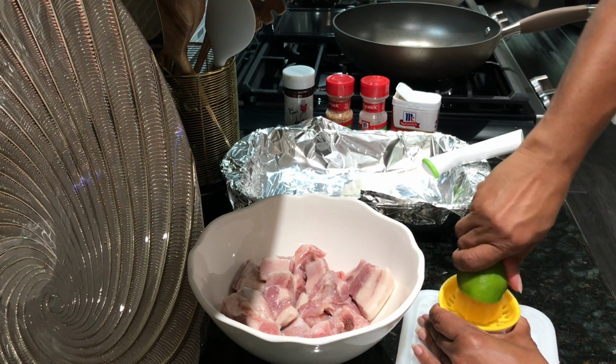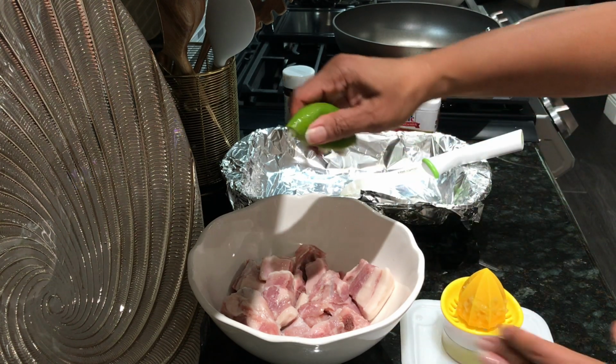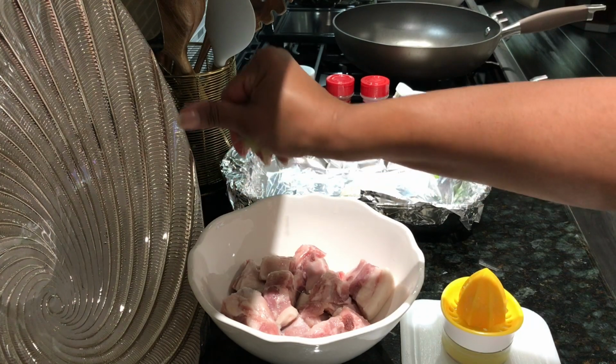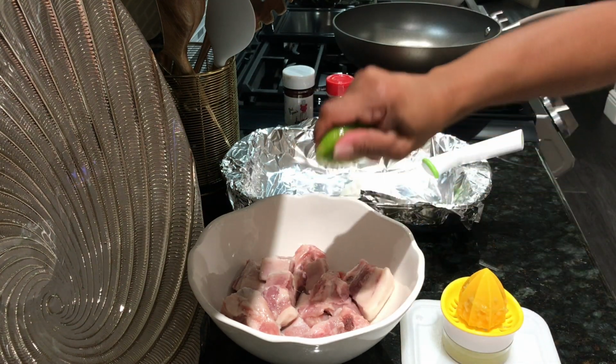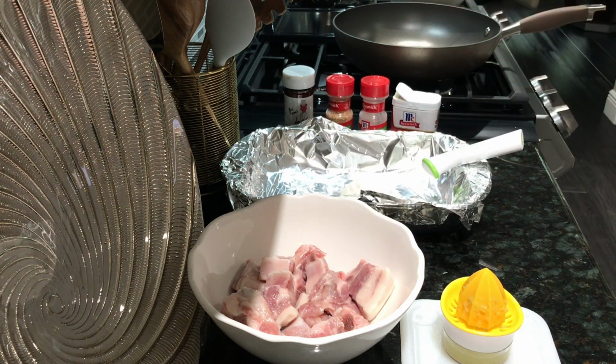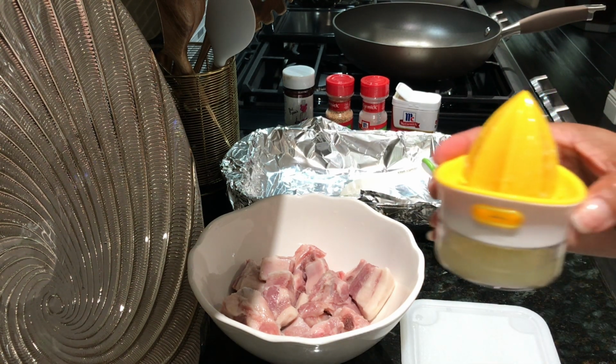So we're just going to go ahead and squeeze some of this lime in there. I'm going to squeeze what juice is left from the lime. So this Filipino dish I have modified, so I'm making it my way. And here's the lime,